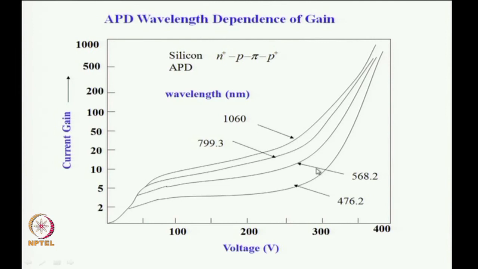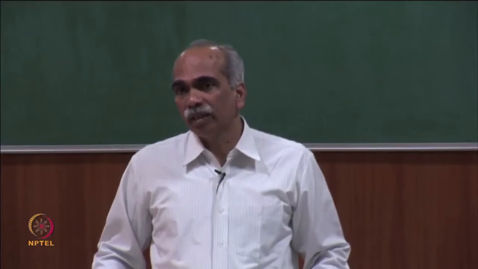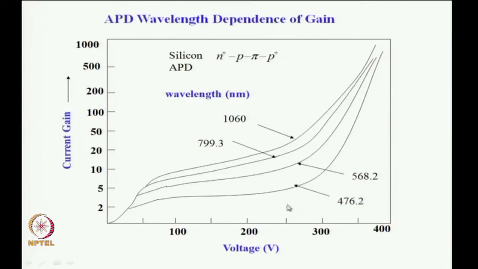This is a characteristic which shows the wavelength dependence of current gain, a typical silicon APD current gain here. You see that at lower wavelengths the current gain is smaller, and as the wavelength increases up to around 1 micron or 1000 nanometers, the current gain increases. This increase from a low value of current gain to higher values is primarily because of